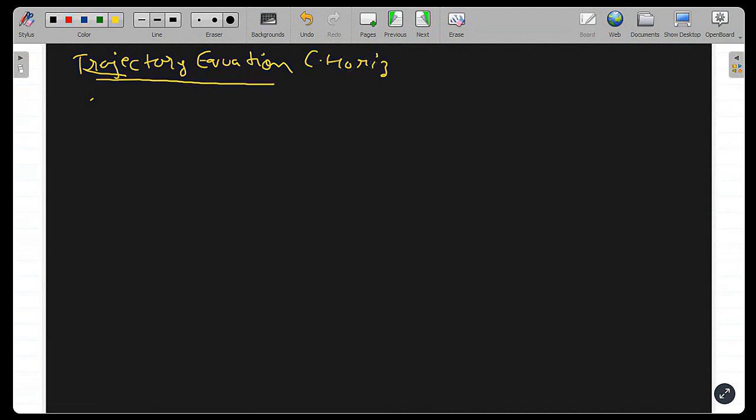कंफ्यूज मत हो जाना कौन सा केस पढ़ रहे हैं हम. We are studying horizontal projectile. So trajectory equation in case of horizontal projectile we are studying. What is trajectory? I hope you remember, guys. Trajectory, what was trajectory? Path followed, the type of path followed. Okay,